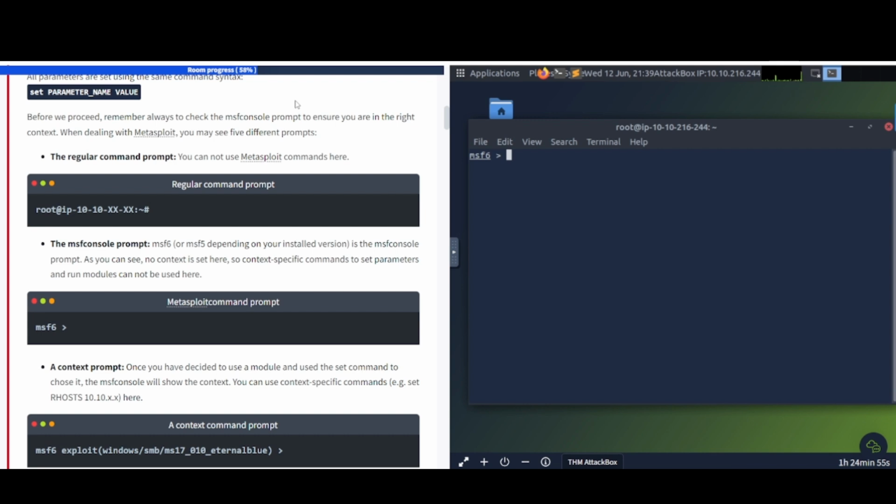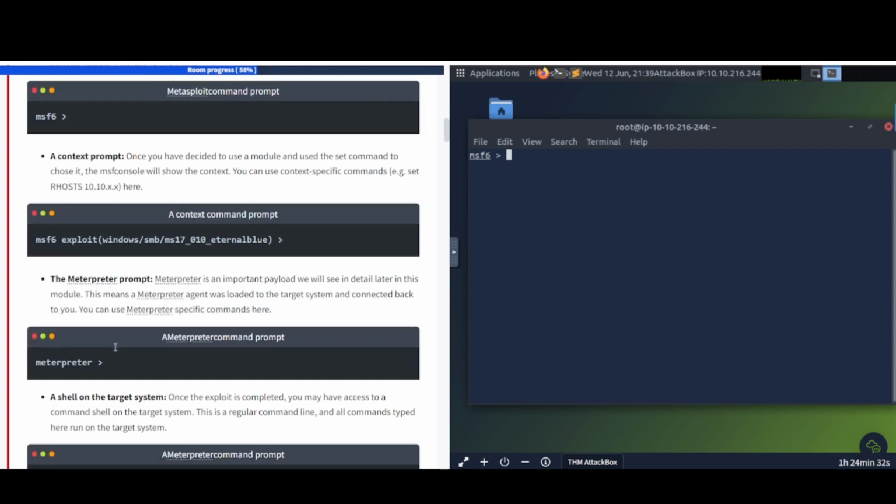When dealing with Metasploit, you may see 5 different prompts here. The regular command prompt: you cannot use Metasploit commands here. The MSF console prompt, MSF6 or MSF5 depending on your installed version. As you can see, no context is set here, so context-specific commands to set parameters and run modules cannot be used here. A context prompt: once you have decided to use a module and use the use command to choose it, the MSF console will show the context. You can use context-specific commands, e.g. set RHOST, yada yada yada. And as we do that here,